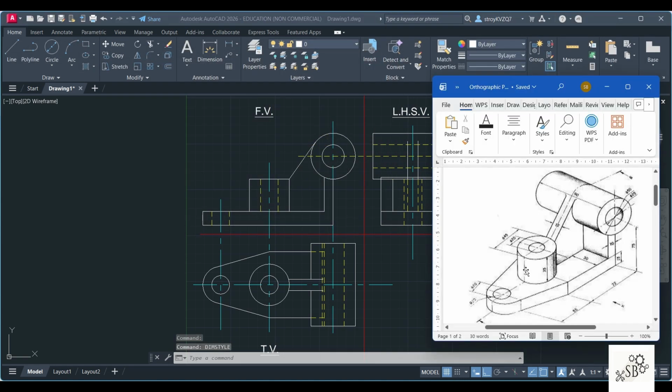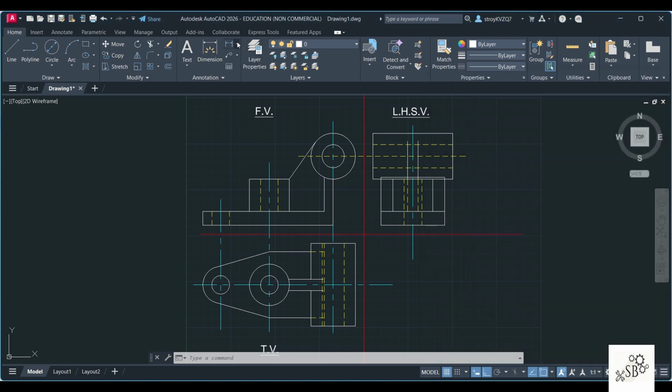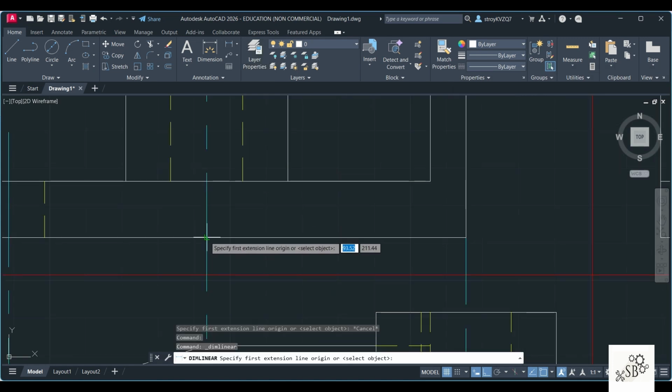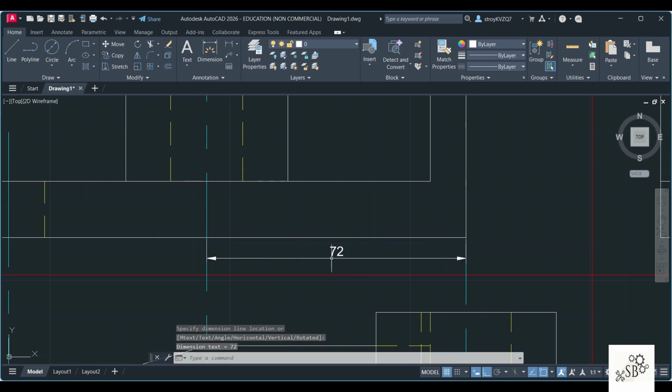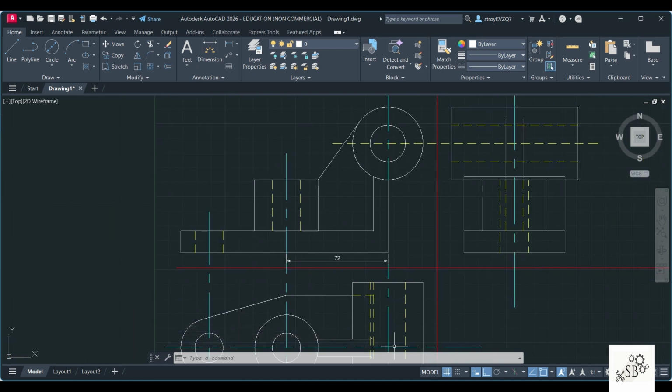So this is your drawing. You need to give all these main dimensions which are given to you in the 3D form, so we will change it to this 2D form. We will start with the 72, which is the center to center distance. So I will go to dimension. Here I will choose linear. It is from here to here, and I will put it exactly in between these two. Just click once, twice and third in between. So this is one distance.